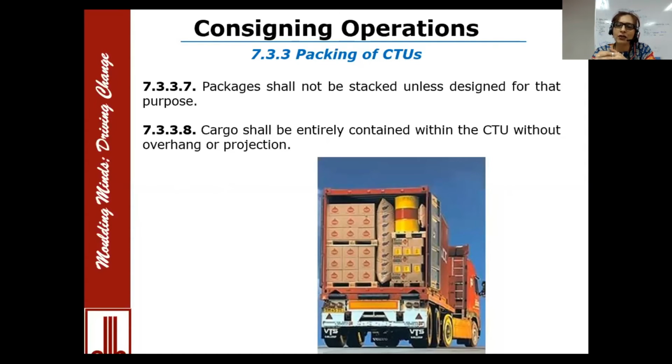You plan your packing to ensure that you unitize it in such a manner that you can optimize the space in the container. If you don't optimize the space in the container, there are little pockets of spaces. You must then use some form of dunnage, or here we like to use the word choking, to make sure that those empty spaces are filled, because you must take into account